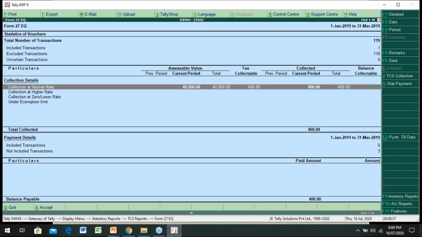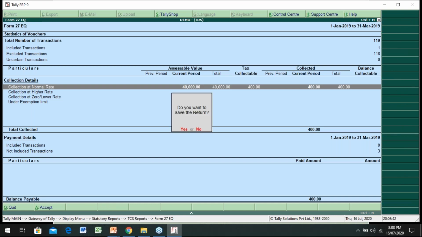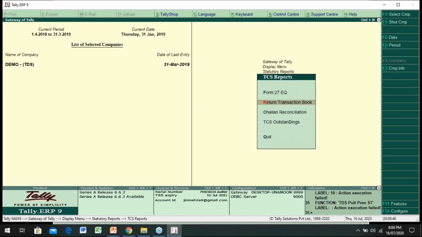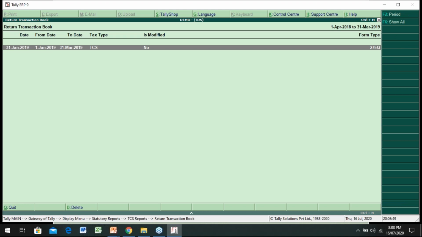So now once it is done, you can save this return. You want to save the return? You say yes. You can go to return transaction book. This return, see, it is not modified. It is saying here no. So once you modify it,